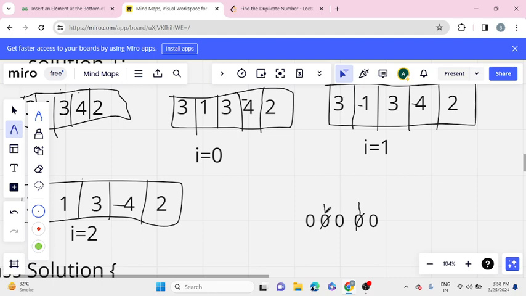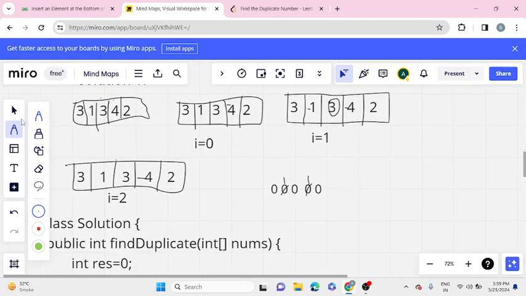Update our value from 0 to 1. At 3, so now I is 2, which is 3. So at 3, 0, 1, 2, 3, now we find out that it has already been marked by 1 from some other element in the past. So we know for sure that this element 3 is repeated twice, and this will be our result. So going forward to the code,